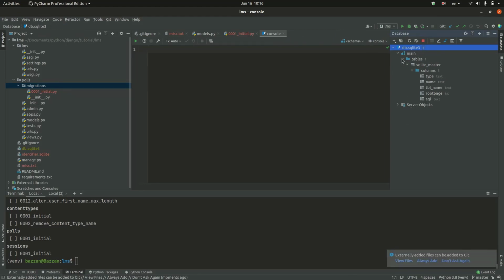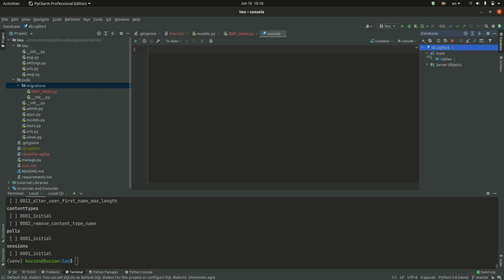See how it's empty, there's nothing in the database, literally nothing, only sqlite_master. This is always automatically generated when you create a SQLite database. So we don't have any tables, we don't have any way to control our information, right? Now, when we make migrations,